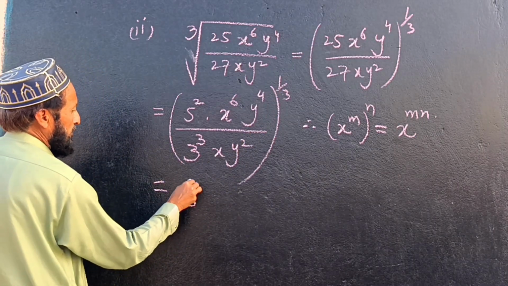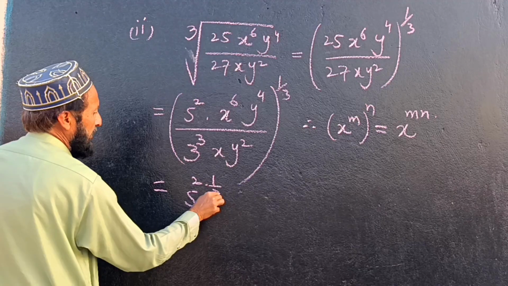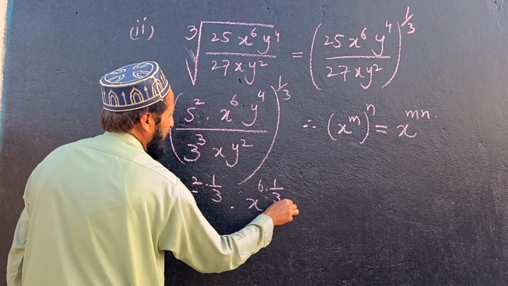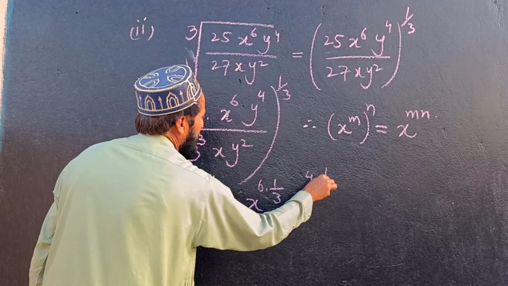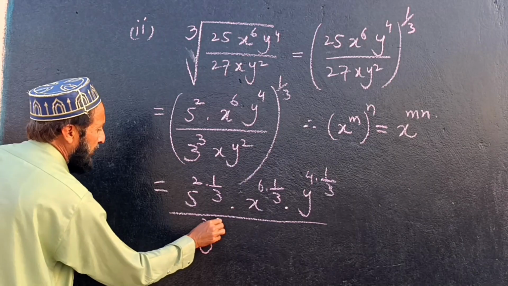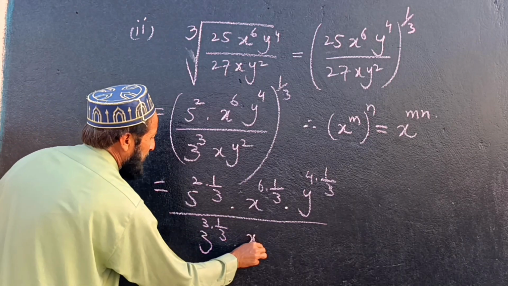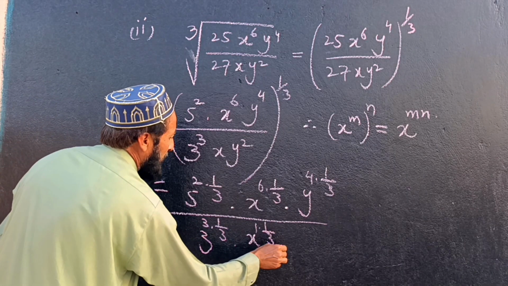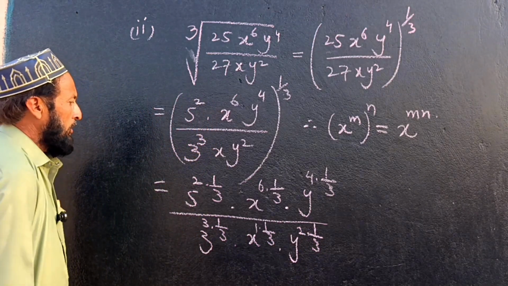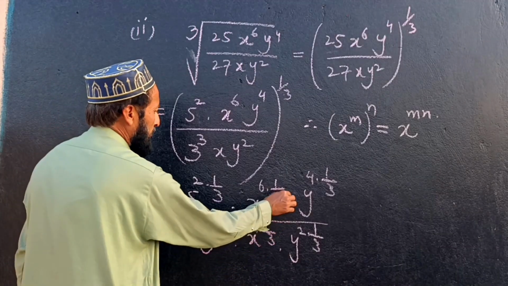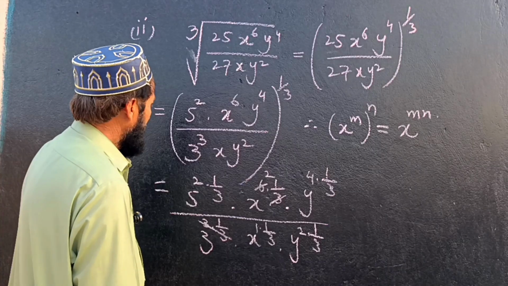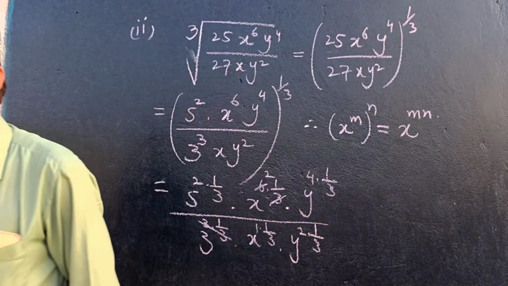Now 5 square into 1 by 3, into x power 6 into 1 by 3, into y power 4 into 1 by 3, divided by 3 power 3 into 1 by 3, into x power 1 into 1 by 3 and y square into 1 by 3. Now here both terms cancel each other and this is also cancelled; the other cancellation is not possible, so we can write,